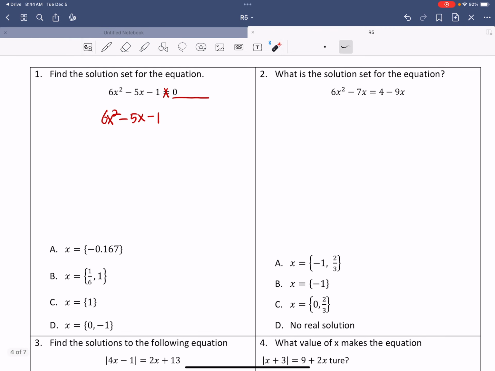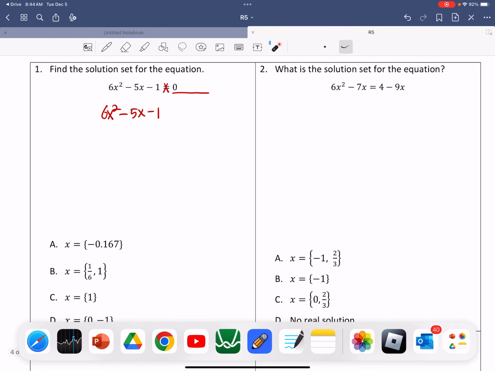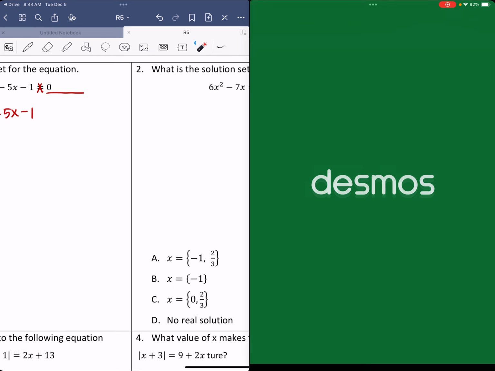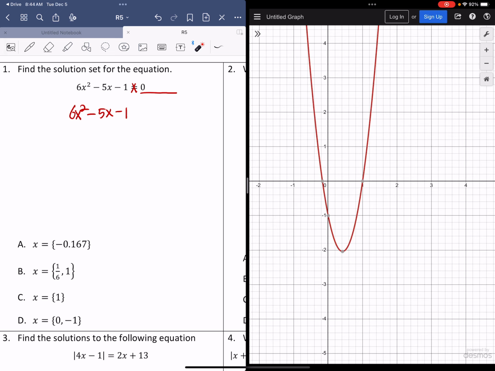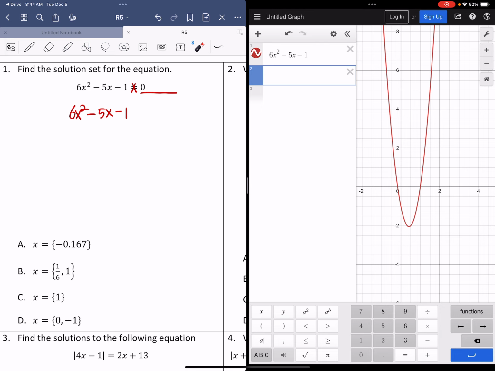So let's do this part here, okay? So I'm going to put this one into decimals. So it is 6x squared minus 5x minus 1. So we have this one here. We have 1, we have negative 0.167. Now, negative 0.167,